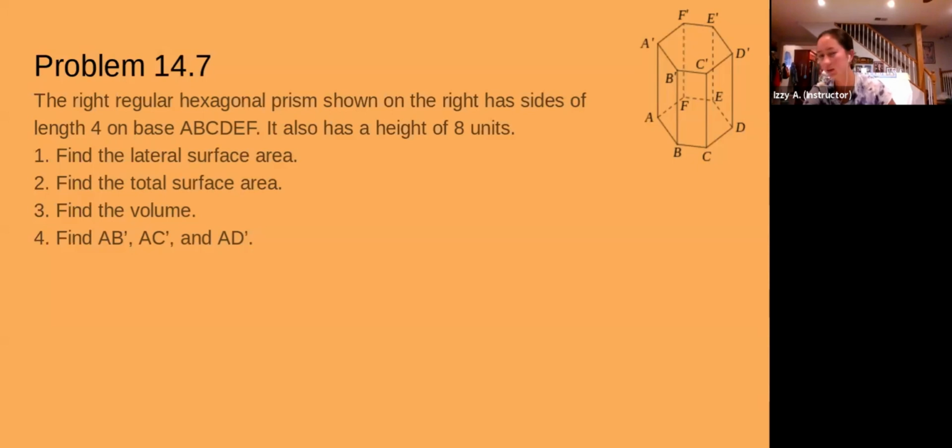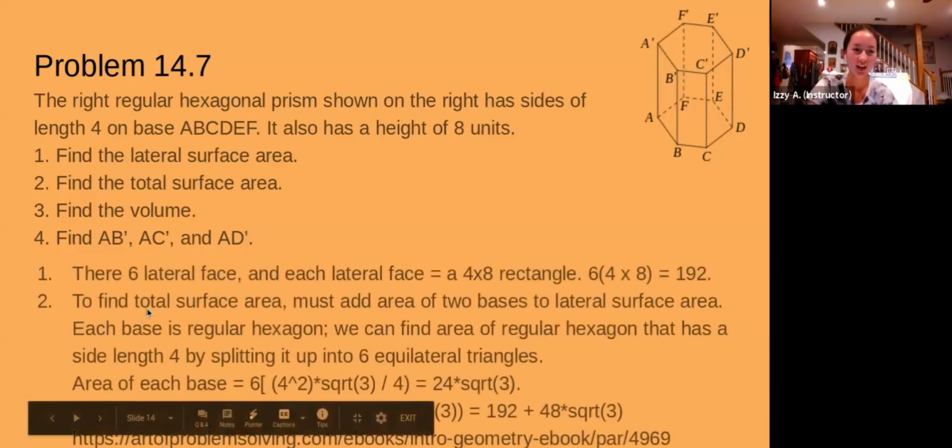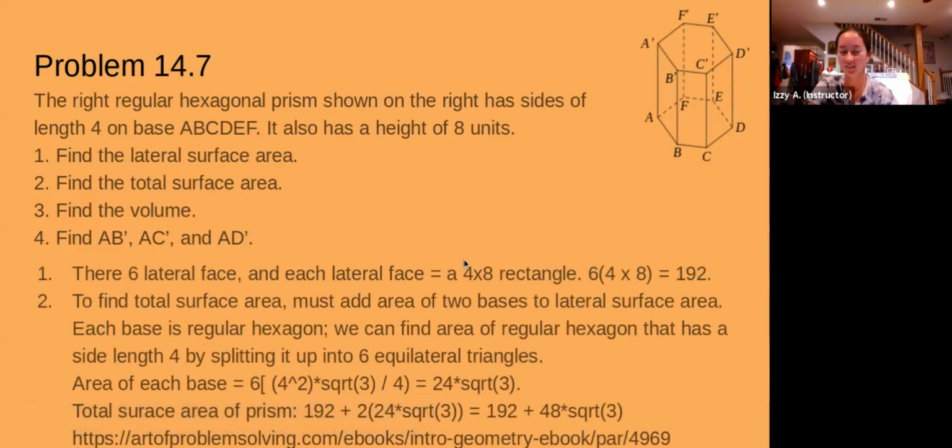Okay, so I'll go ahead and go over the problem. Does anybody want to try to give a shot at the problem before we go over it? Okay, since I'm getting no answers, I'm just going to go over it. I just abbreviated the solutions, by the way, so there might be a lot of incorrect grammar, but that was on purpose, so that I could fit all the information on these slides.